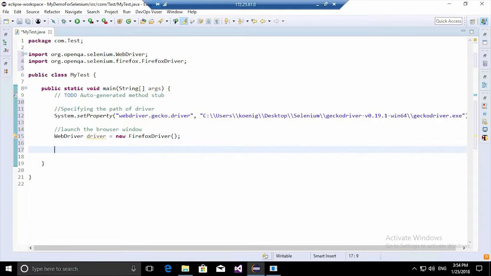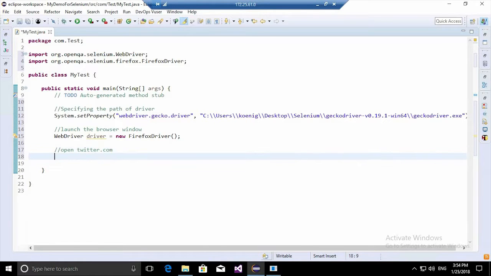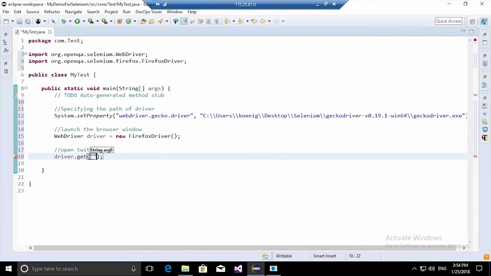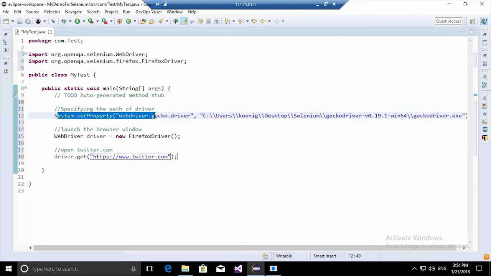Now let's suppose after opening up the browser, I want to open up twitter.com. For that, you need to write driver dot get and the complete URL. So the first line of code here is specifying the path of the driver.